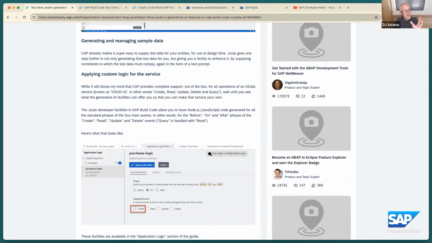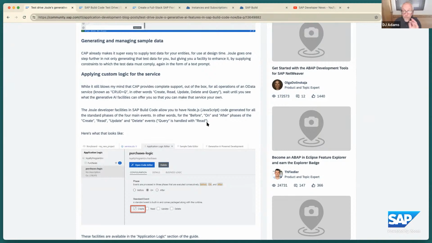These are specifically for helping us build out Node.js app services. And with the other features of SAP Build Code, there's a ton of features to help us build UIs on the front as well with Fiori elements and so on. It's pretty amazing. So we're going to look at that today.